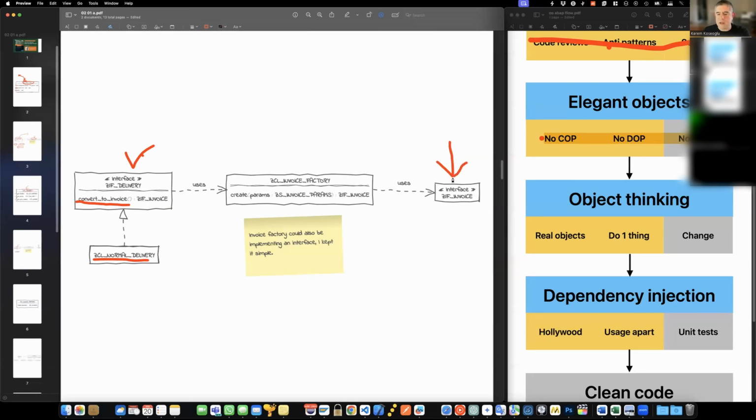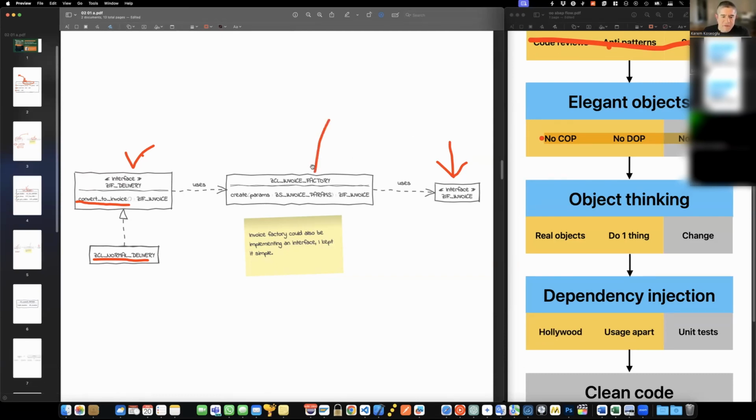This is your invoice number, or even better, this is your invoice interface. And now you can ask me, why is this delivery class caring about invoice details? Do we really have to implement invoice BAPI details in the delivery class? You don't have to do it, actually.